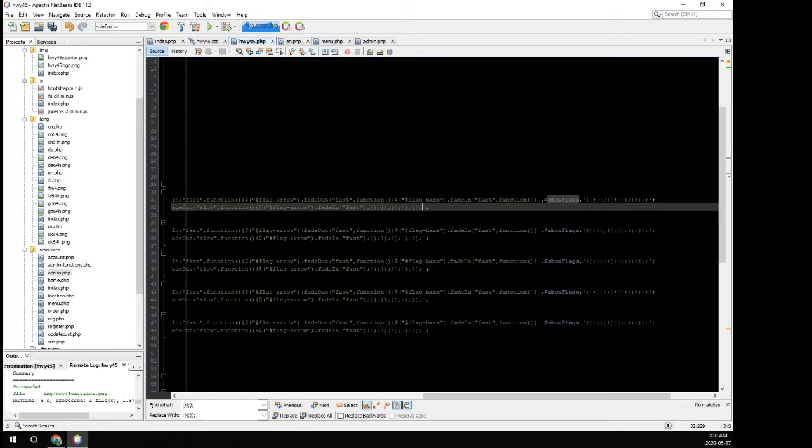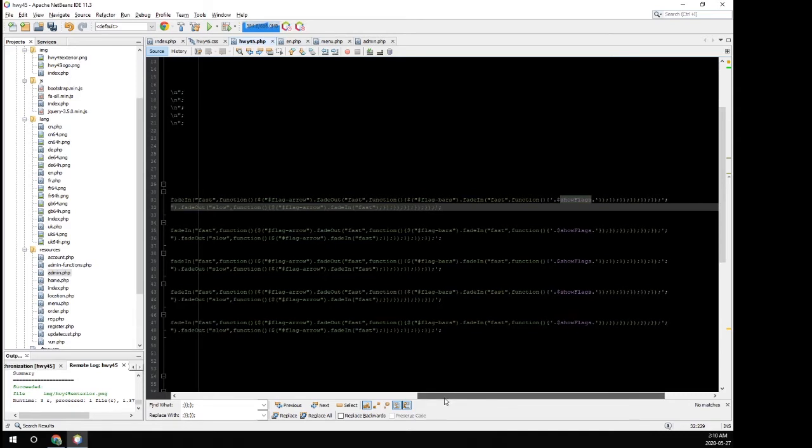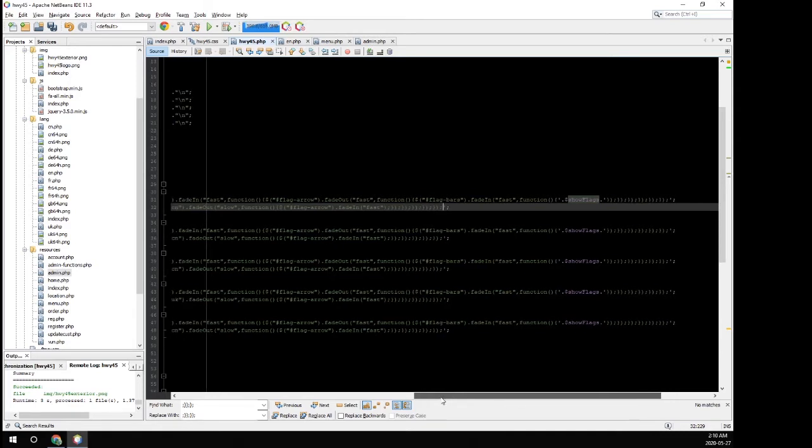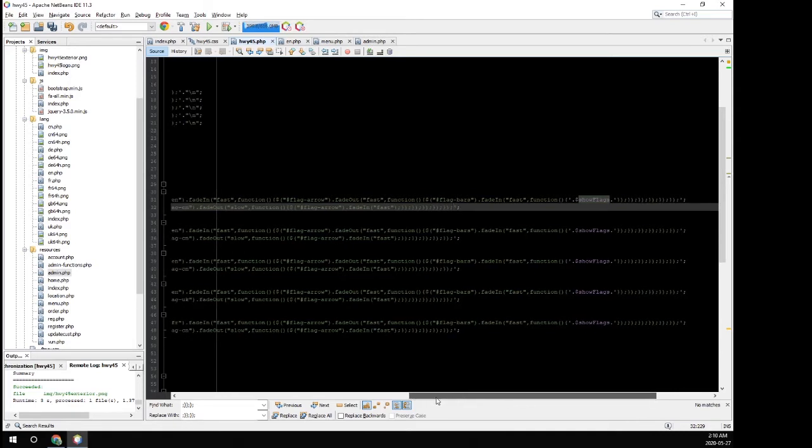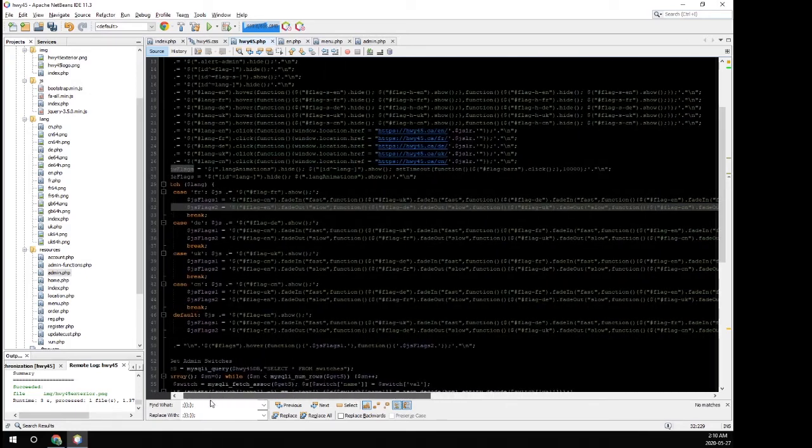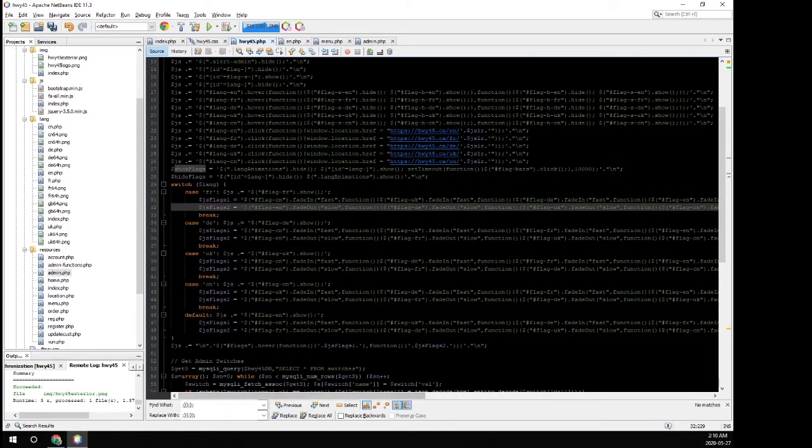So if you count the semicolons at the end of each line, it doesn't matter if it's the first one or the second one, they should all have 6 semicolons. And that's kind of a good way to keep track. Okay, and then going to the start,